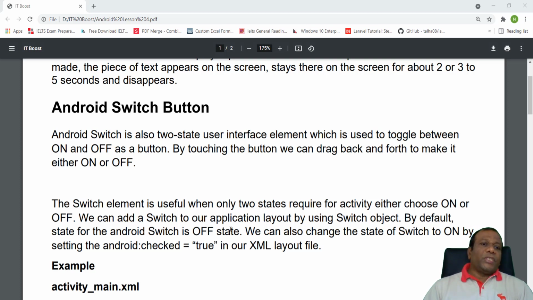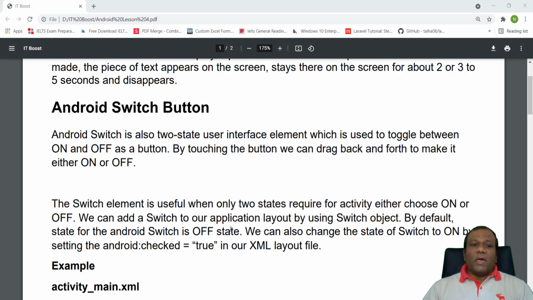We can add a switch to our application layout by using the Switch object. By default, the state for an Android switch is off. We can also change the state of the switch to on by setting android:checked true in our XML layout file. So to explain this one, we will do a small example.